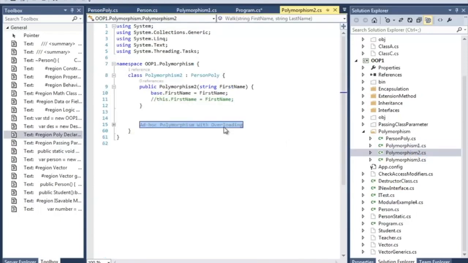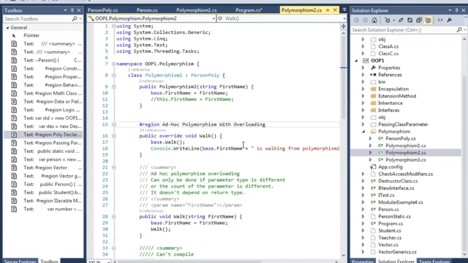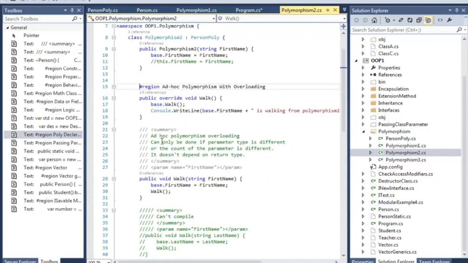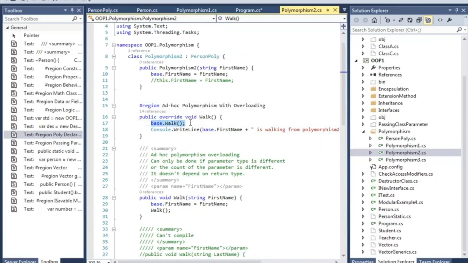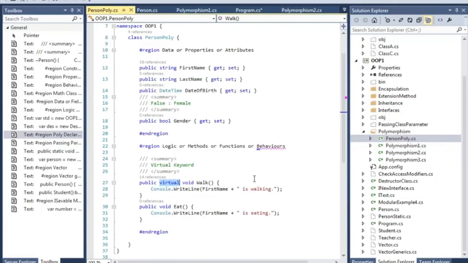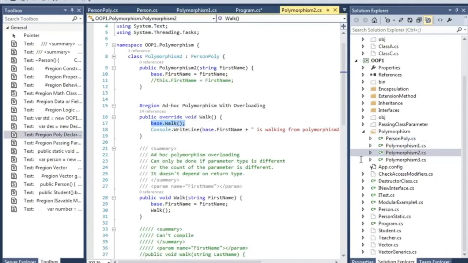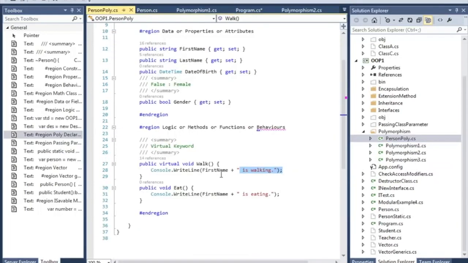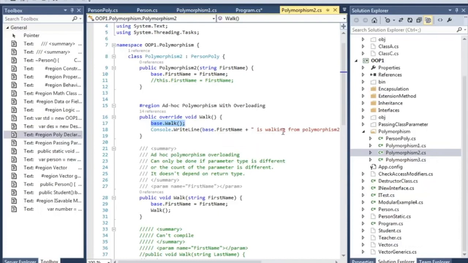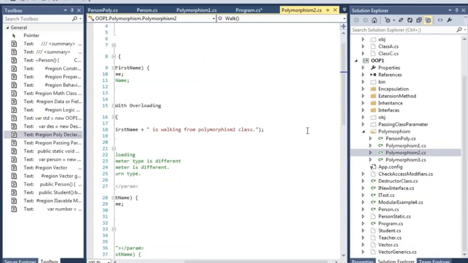Let's go to that 2. Let's see what we did in 2. In 2, what we're doing is calling the base method. The base method is the method here, walking. So if you call this walk, it will first print that Alice is walking, if the first name is Alice. And second, it will print that Alice is walking from polymorphism 2 class.